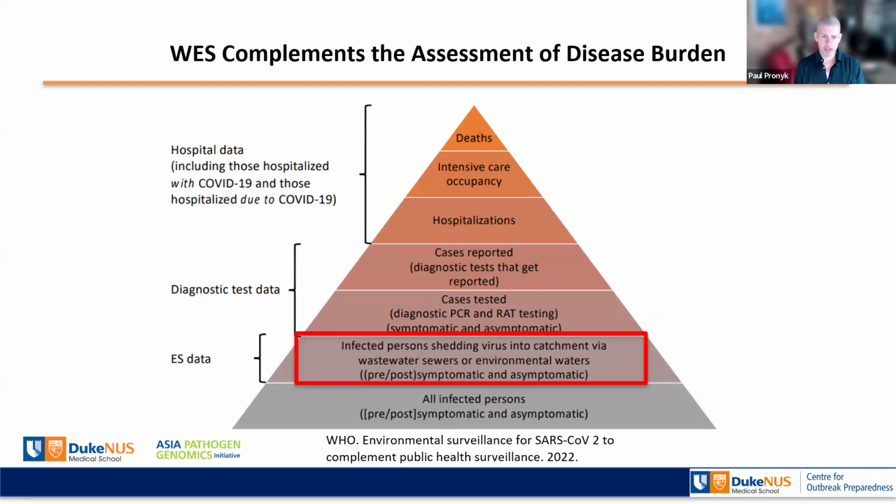Again, very similar to the point from this slide: when we look at all infected people, wastewater is really one of the first places where infections will appear. It can be from feces, it can be from urine, it can be from sputum when people cough. You can actually sample tuberculosis in wastewater, believe it or not. So there's a whole range of things you can get from those samples that really do inform things that happen farther up in the pyramid, before cases and hospitalizations and deaths become evident.